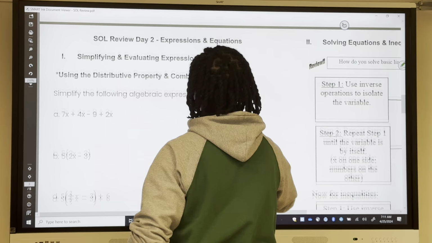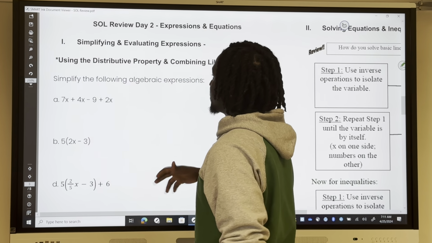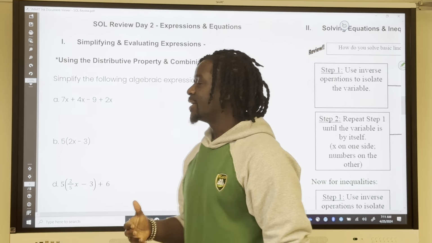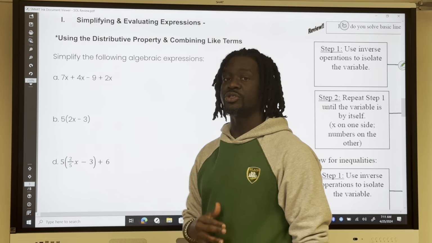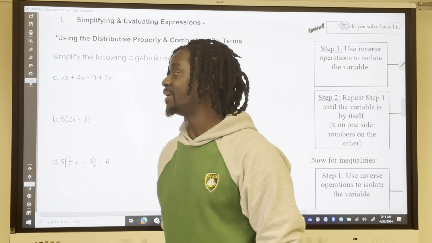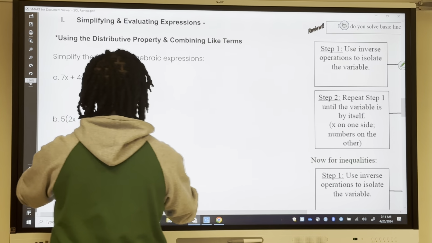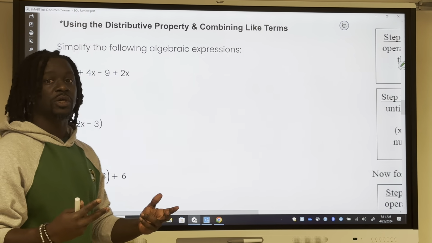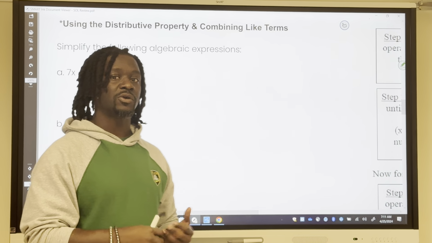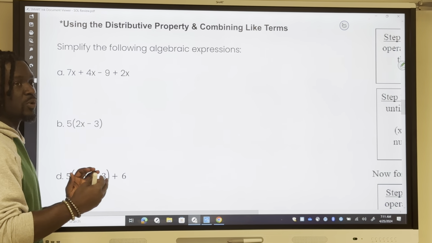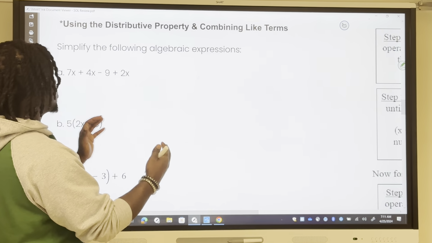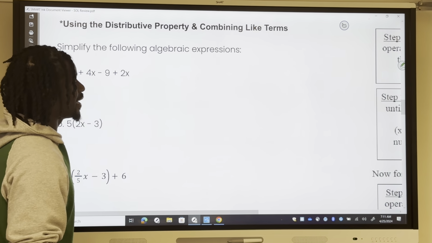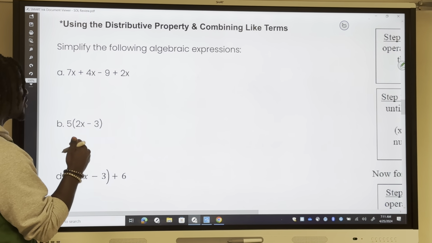First, we're going to talk about evaluating and simplifying expressions. We're going to talk about using the distributive property and combining like terms. Just to remind you, let's start with combining like terms. For two terms to be alike, they must have the same variable and the same exponent. So when we are combining like terms, we are just looking for which of my terms have the same